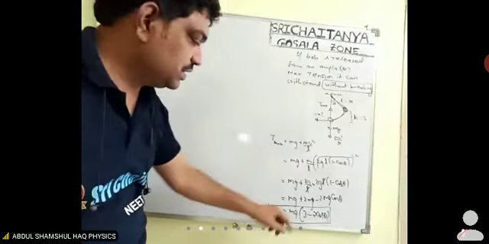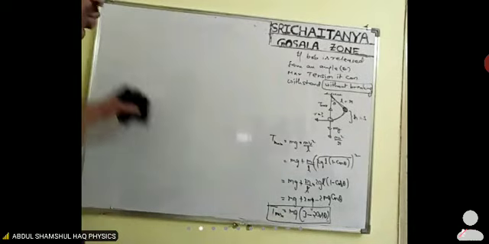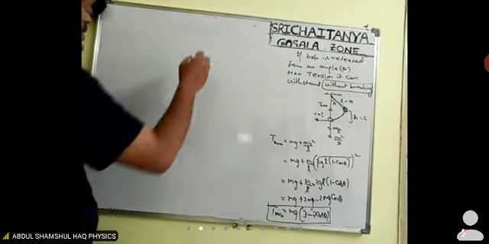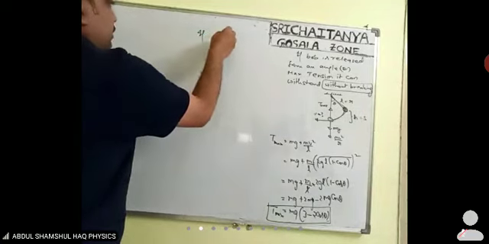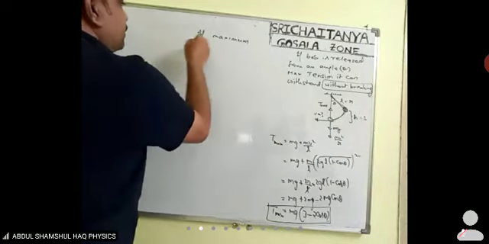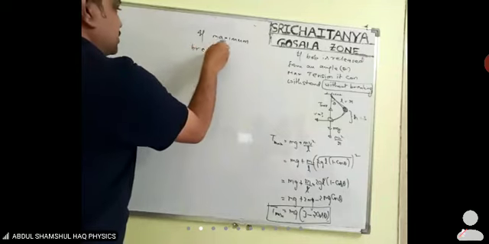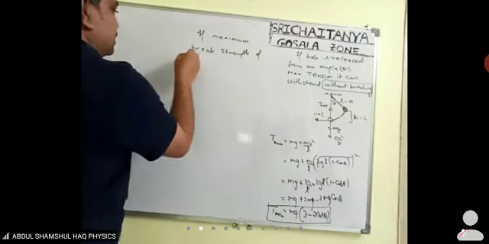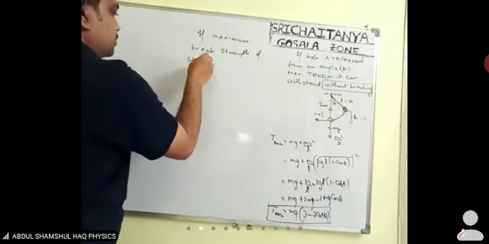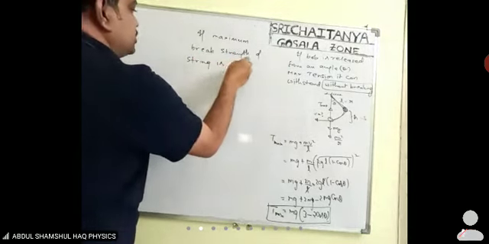That tension is given by mg of 3 minus 2 cos theta. Let us see, if they say that the maximum break strength of a string is 2 mg,